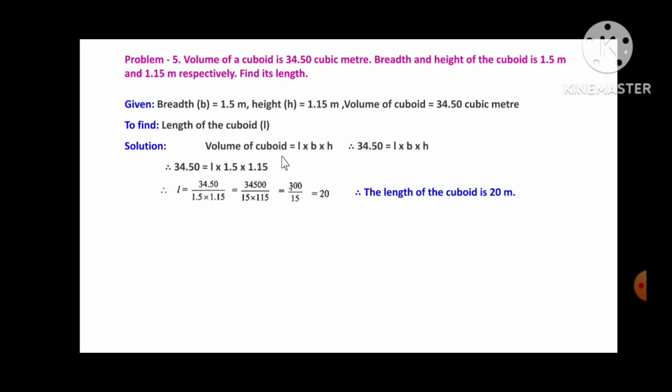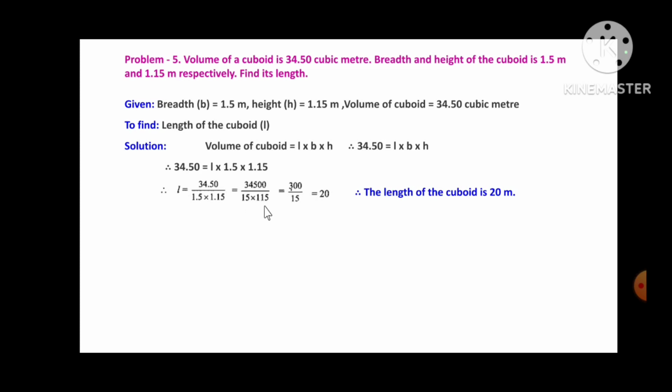Friends, we know that the volume of the cuboid is equal to L into B into H, and the volume given is 34.50. So substitute the values. Therefore 34.50 is equal to L into 1.5 into 1.15. So L can be written as 34.50 divided by 1.5 into 1.15, which leads to